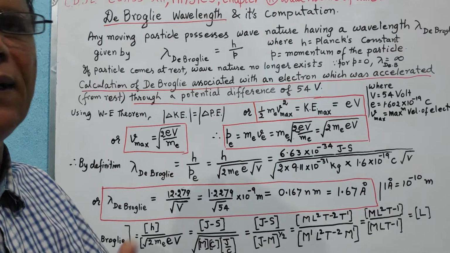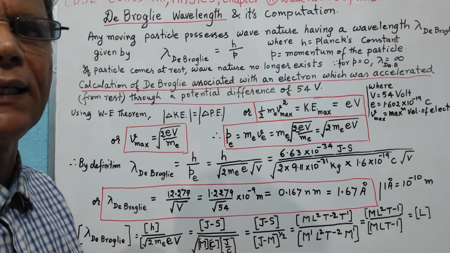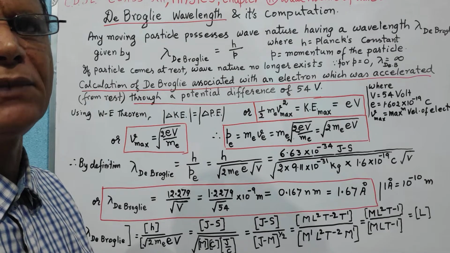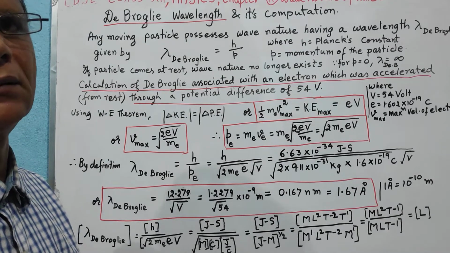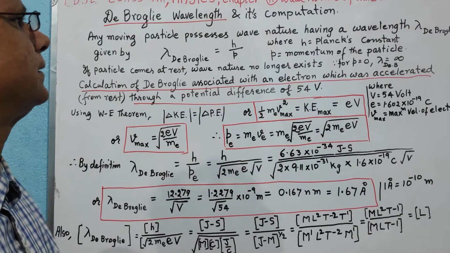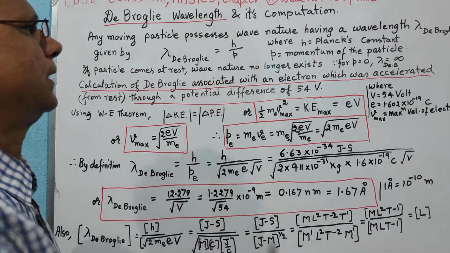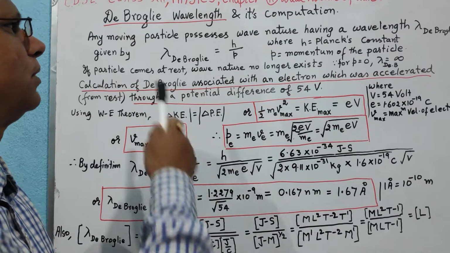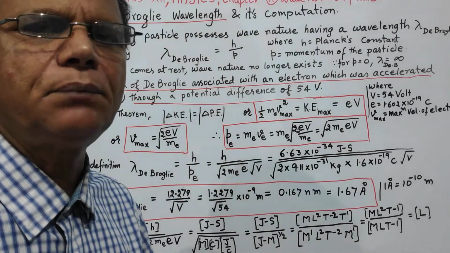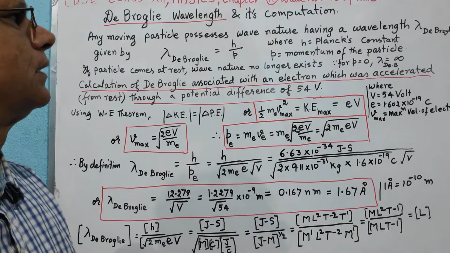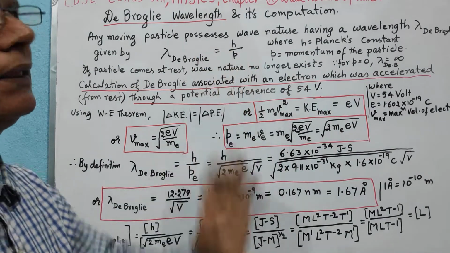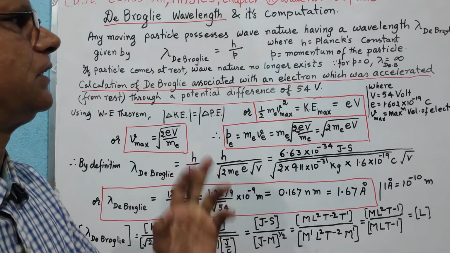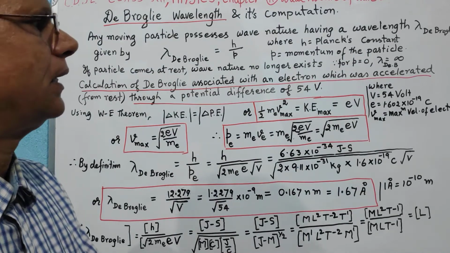Certainly it will have some momentum, because any particle has mass, and if it has some speed, it will have some momentum. The ratio of h and momentum p is known as the de Broglie wavelength associated with the particle moving with certain speed, so that it has a momentum p. Here h is the Planck's constant,